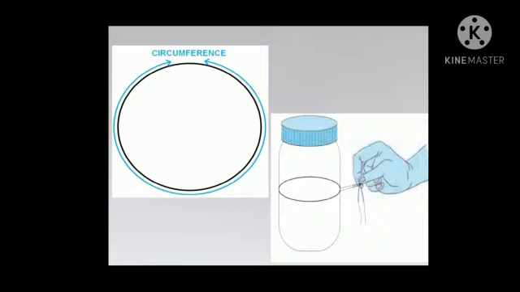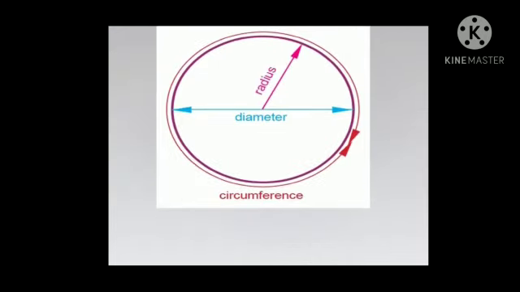The circumference of a circle is the length of the border or boundary of a circle. If we cut open the circle and straighten it, the length of the boundary will be the measure of the circumference of a circle. If we have to measure the circumference around this cylindrical jar, we will measure it with the help of a thread. Usually, the circumference of a circle is measured in the units of meter and centimeter. Children, now we are familiar with all these terms: radius, diameter and circumference.